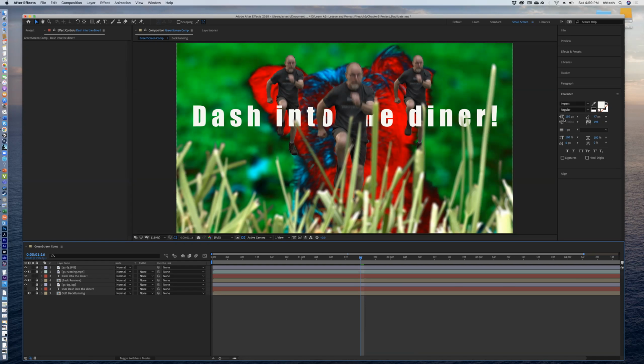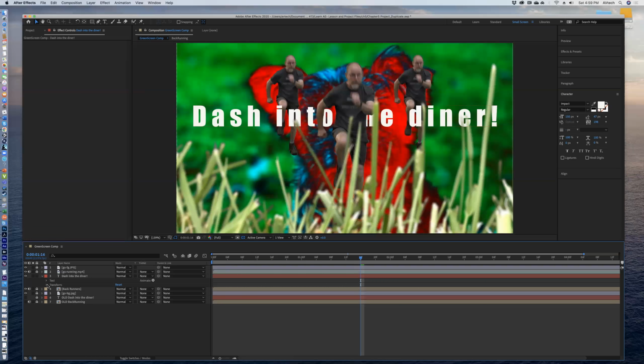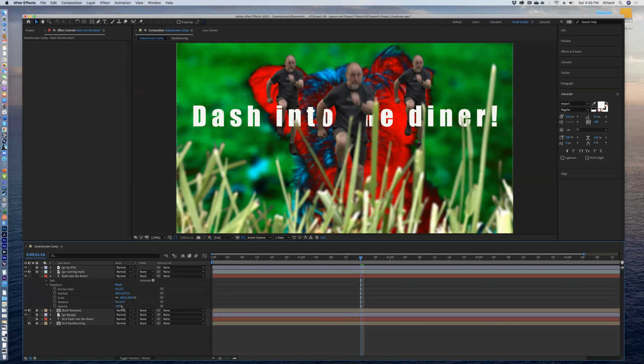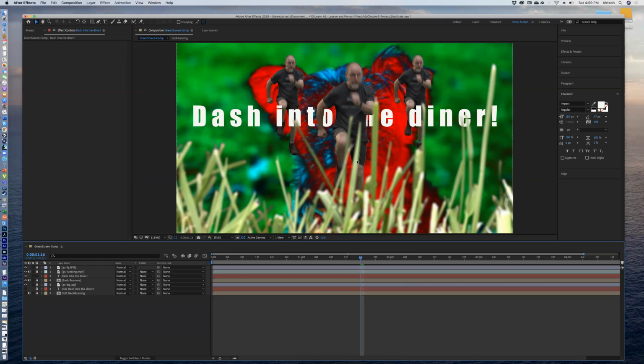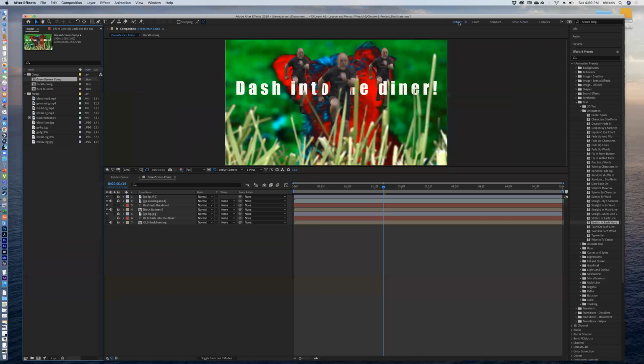I did put mine up on 150 to get it scaled that size, but you could have just gone into the actual layer and gone to scale and scaled it there yourself. Okay? You could scale it either way, but I just did it that way. And from there, we're going to do a couple of things because we want to align this so that we have it centered. And I'm going to just go up,